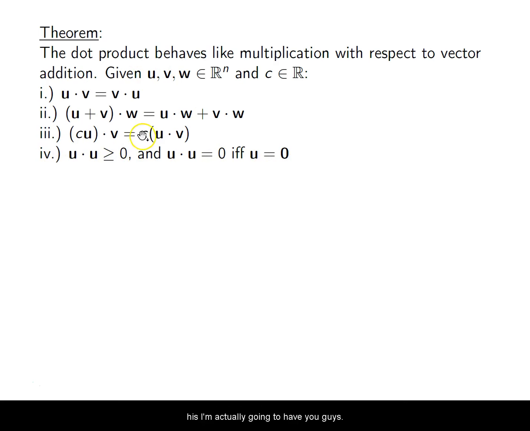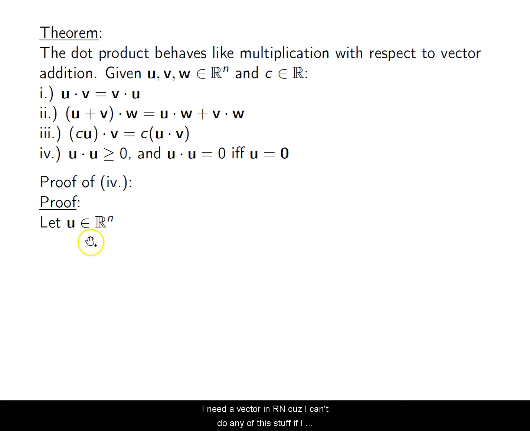For your classwork, I'm going to have you prove these other 3. But let's go ahead and prove this last one. So the proof of 4. I need a vector in Rn, because I can't do any of this if I don't have a u vector. I don't need the scalar portion, but I do need u. So if I decide to take u times u,